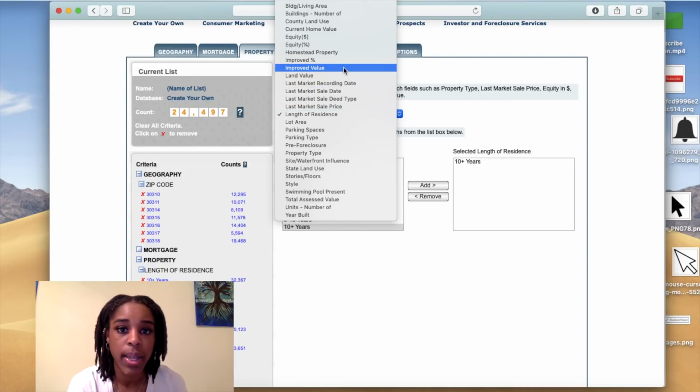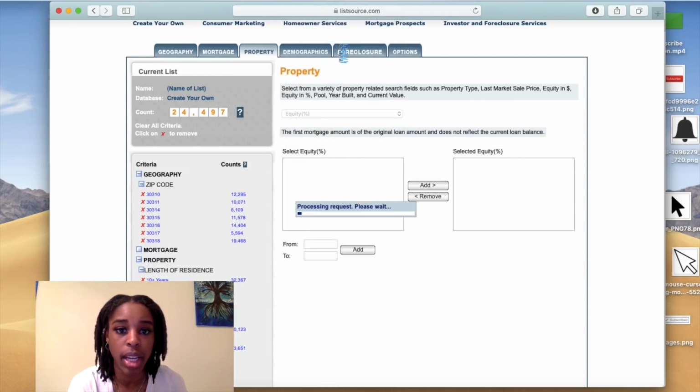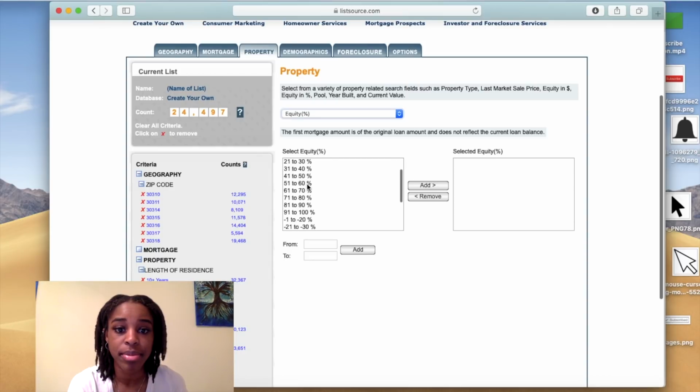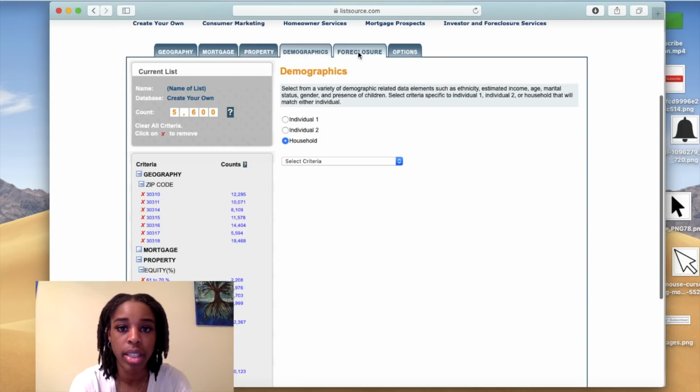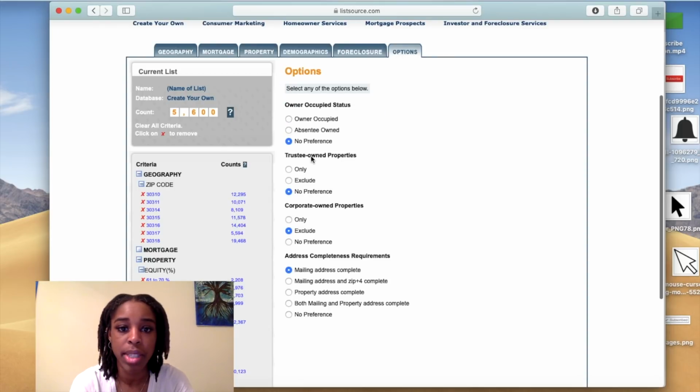Then also looking for equity, how much equity in the home. And of course you could specify that. Some people go after people with negative equity in the home or no equity. Let's just do 60% or higher. So I just clicked it, shift add. Now you see there's only 5,600 leads. So as you can see, I'm narrowing down my search. So that's about that. And then I go to options,